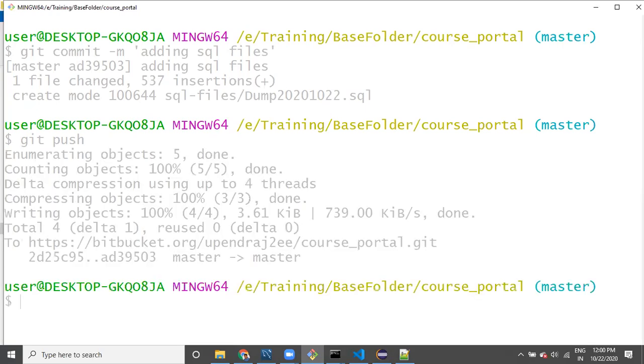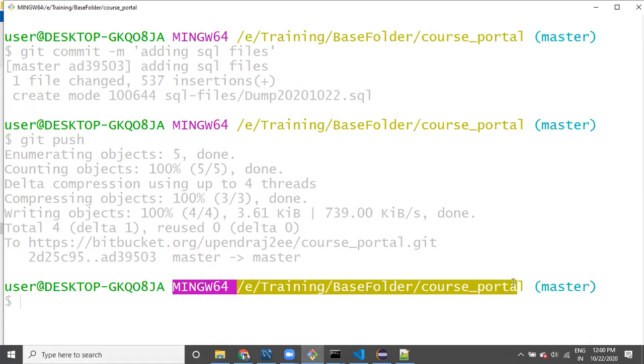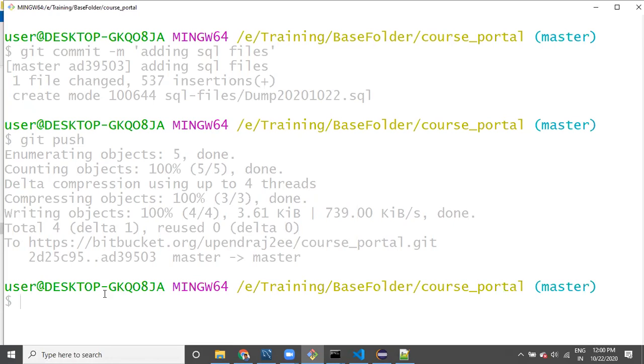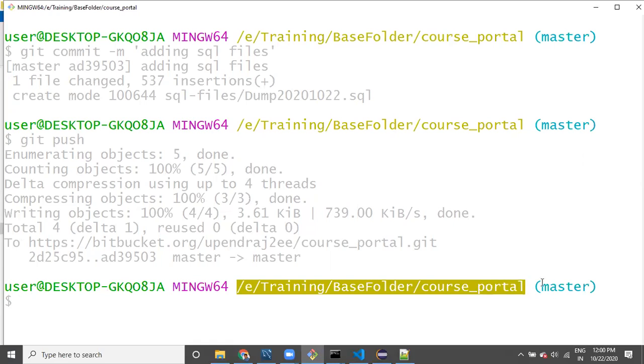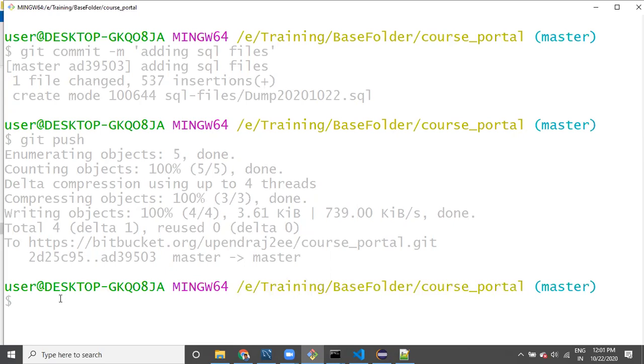If you want to practice pushing all this code, don't work with this repository, guys. Use your own repository. Whatever repository you have created for Bitbucket, you have created your own account, right? There you can do direct pushing. After practicing, then only push the code into this particular application, guys. Why? Because the code is going to get corrupted. Please don't do that.